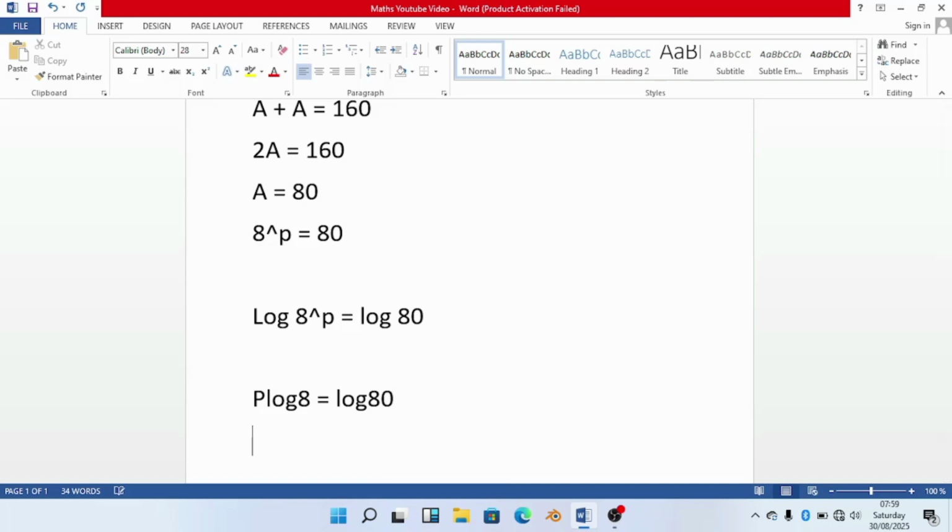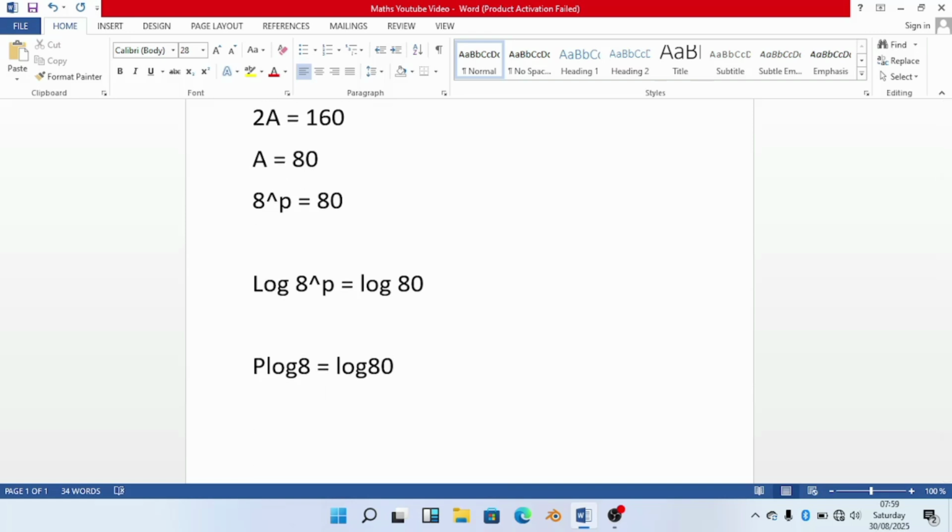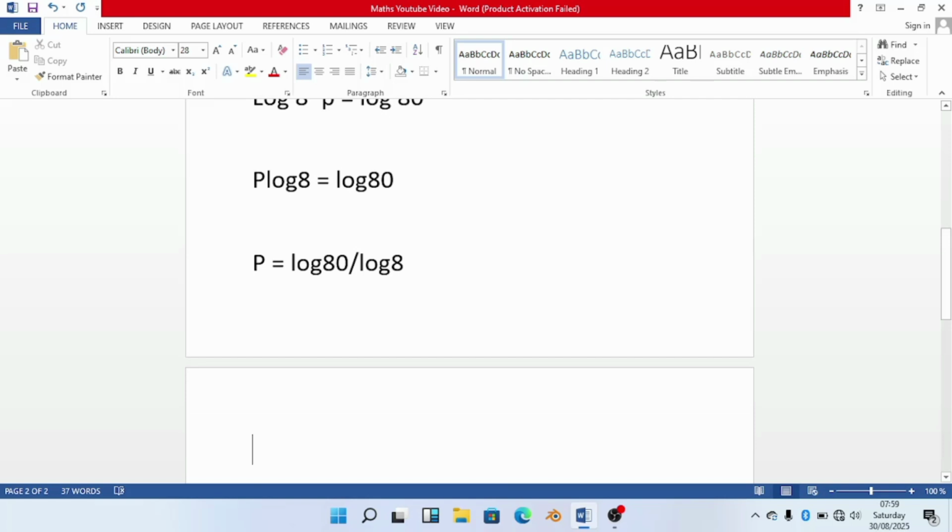So from here we have p, and if we divide both sides by log 8, that will give us log 80 divided by log 8. Exactly. So now we have reached this stage of the equation. We can go further down by evaluating this log 80 divided by log 8. That will give us p to be